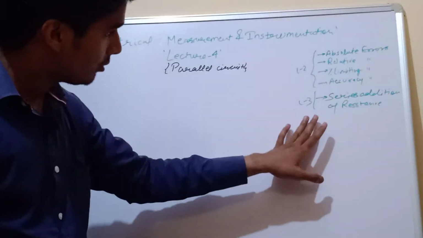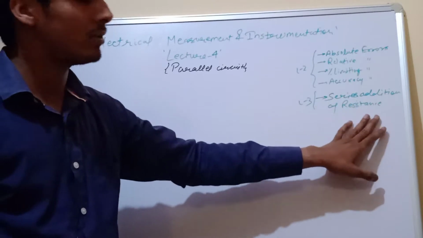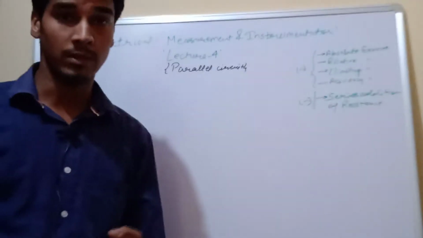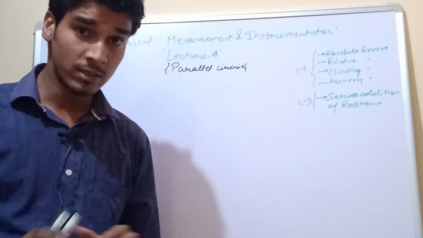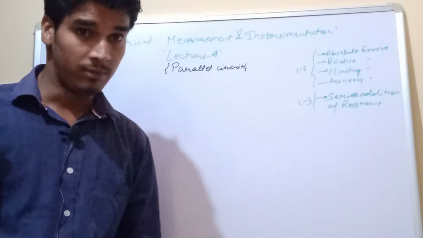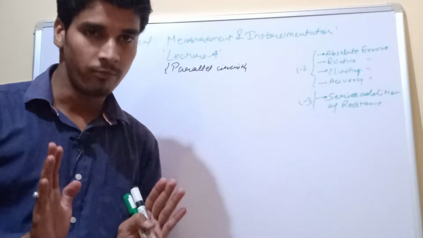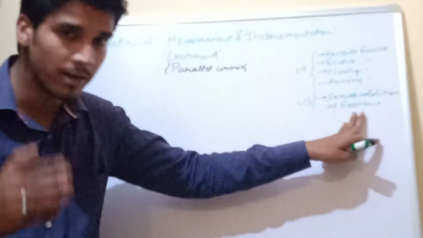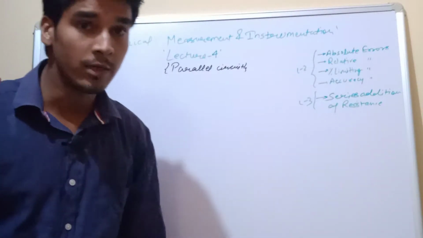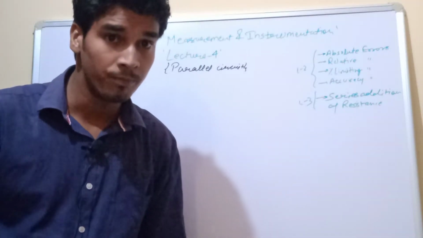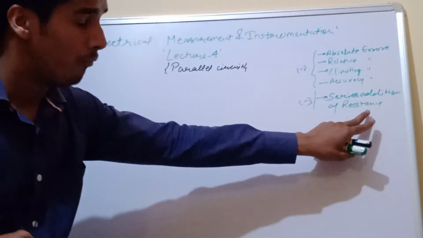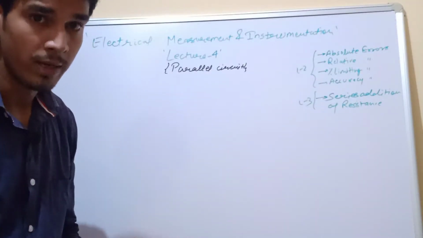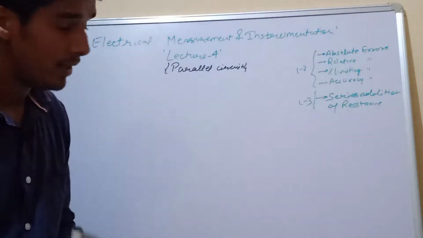Now in lecture number 3 we already discussed series addition of resistances. Whenever the true values of the resistances are given, along with their true values, percentage limiting errors are also given, then we can add the true values when they are connected in series. Like 100 ohm and 100 ohm are connected, then the equivalent true value will be 200 ohm. But what happens with percentage limiting errors? They cannot be added directly.